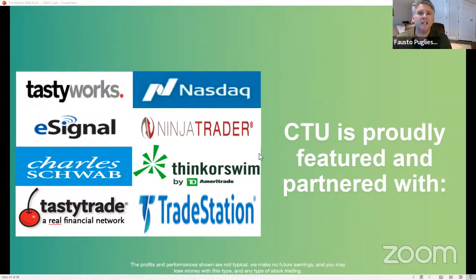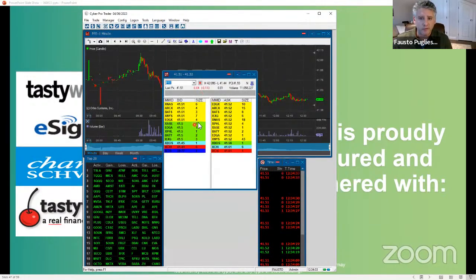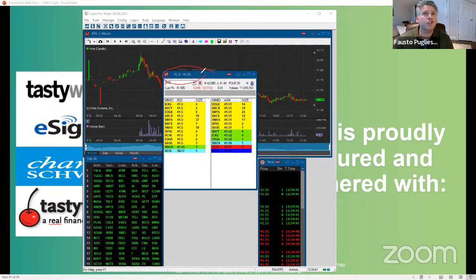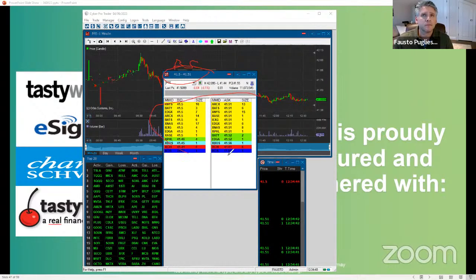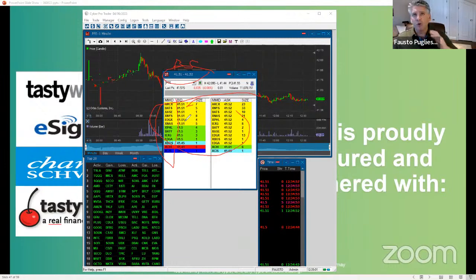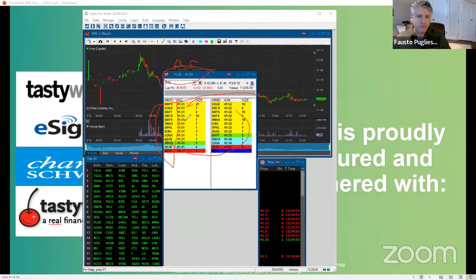So what you're looking at right here is called level 2 quotes, okay? Level 1 is right up on top. This is level 1. You're just seeing the best bid and the best offer. These are the buyers and these are the sellers. This is level 2. On level 2, you're seeing all different exchanges and what the stock is trading at on that exchange. What you're not seeing is who's at that exchange and who else is looking to buy below it. That's the big difference. Does that make sense?